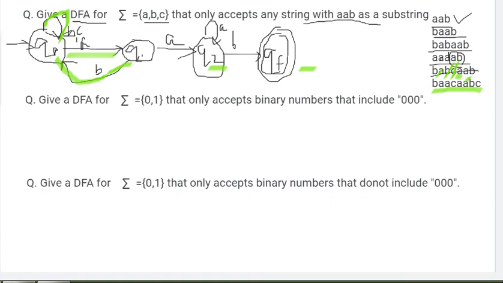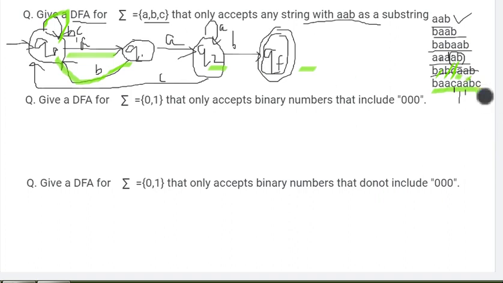Okay, let's check for this one. Q0 state, B is coming, it will be in the Q0 state. A is coming, it will move to Q1 state. Q1 state, A is coming, Q2 state. At Q2 state, if C is coming, what will happen? At Q2 state, if C is coming, we can give it the path to Q0 itself. Why? Because it should end with AAB. That is our motive. Okay. So here A, C is coming, then Q0 state, and after that, A is coming, Q1 state. A is coming, Q2 state. Then at Q2 state, B is coming, reaching the final state.